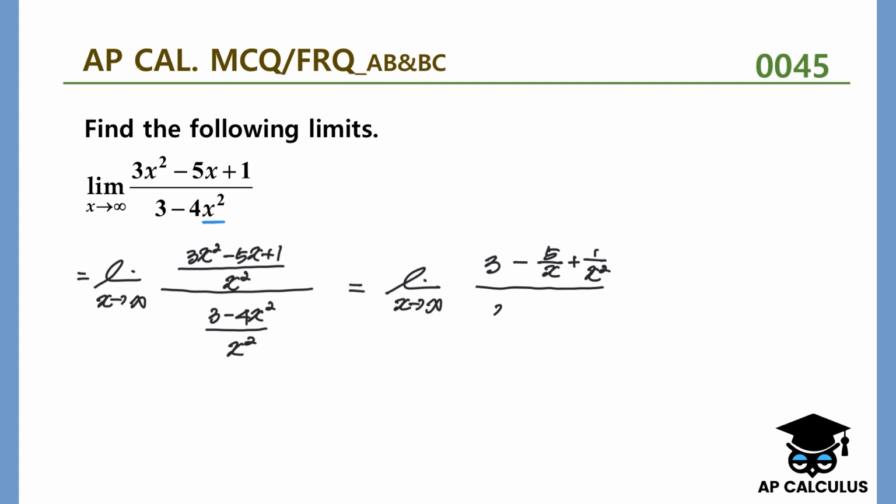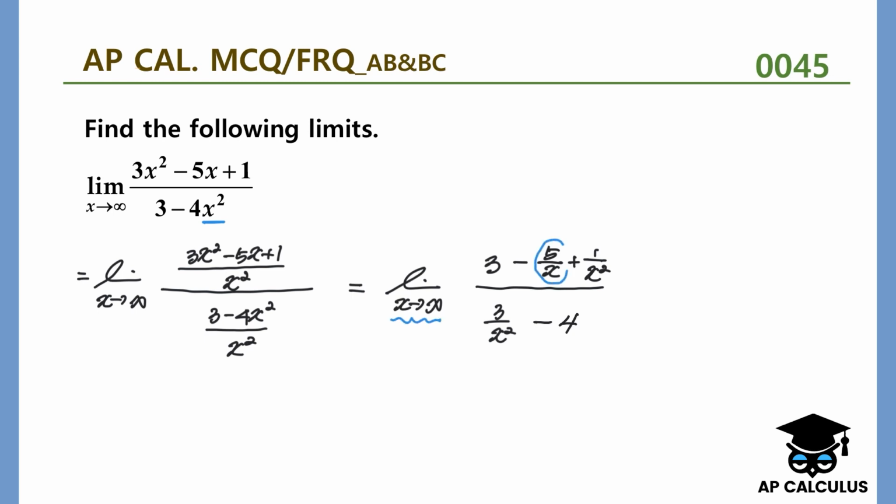So that's going to be 3 over x squared here. And we have a negative 4x squared over x squared. That's going to be negative 4, right? So minus 4 here. So as x approaches infinity,